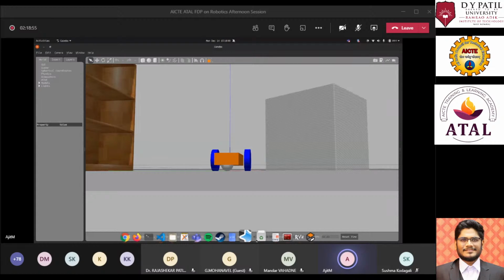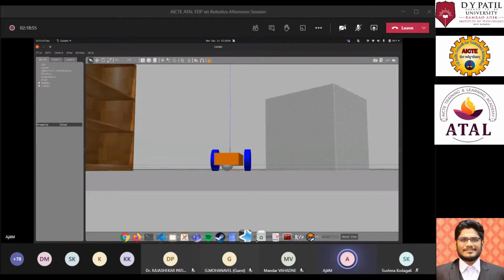Now going back to the code again, this is what color is. Here is the caster wheel, here is the chassis which we have done, and now we will move on to the left wheel. Now how is the left wheel developed? Just like the base link and caster wheel, the left wheel also has its own three main tags of collision, visual, and inertial. Under collision, the geometry would be a cylinder.